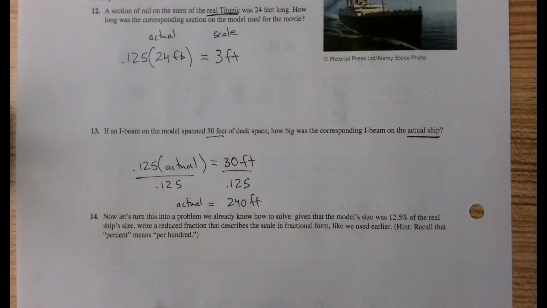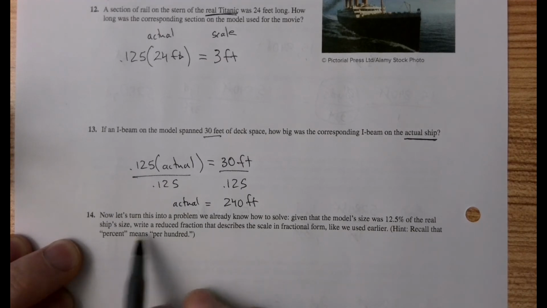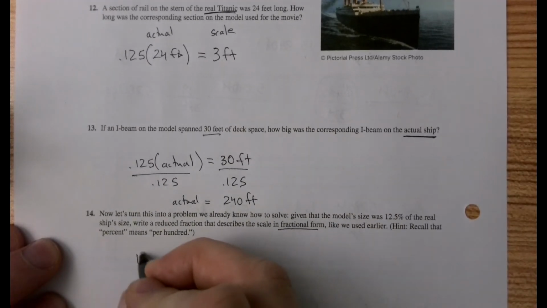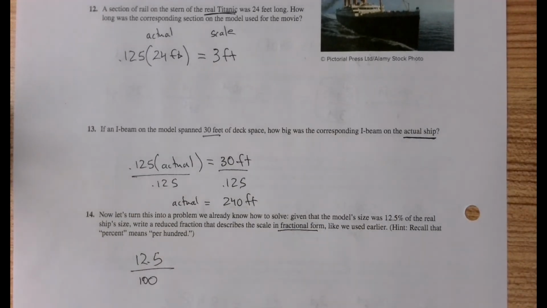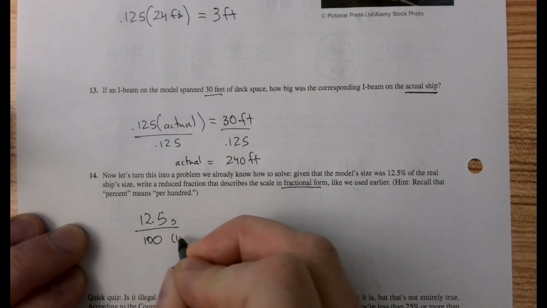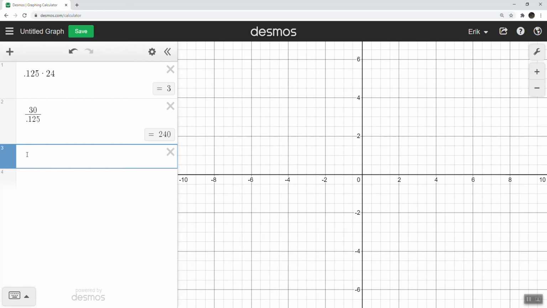It asks us to do something slightly different, so let's turn this into a problem we already know how to solve. Given that the model size was 12.5% of the real ship size, write a reduced fraction that describes the scale in fractional form. Well, we can do 12.5 divided by 100. That's our scale. So this would be small to large units, and these are unitless. And let me show you how to convert this to a simplified fraction in Desmos. We get 0.125, we already knew that, but if we hit this fraction button on the left side, we can convert between decimals and fractions here. We get 1 to 8,